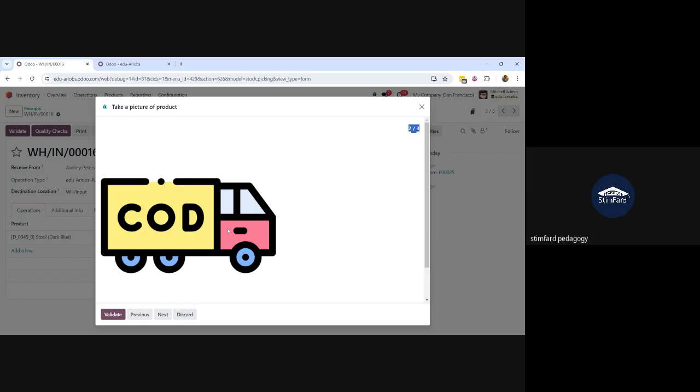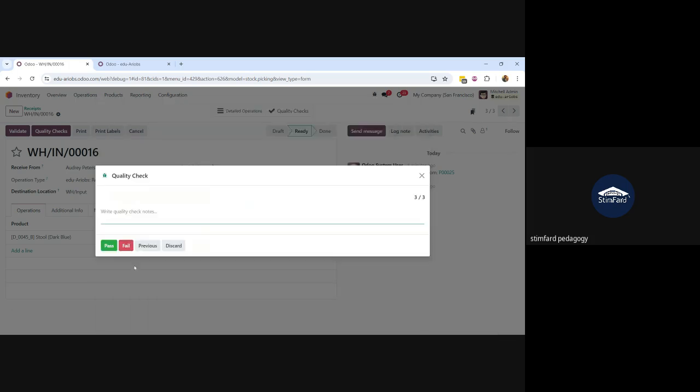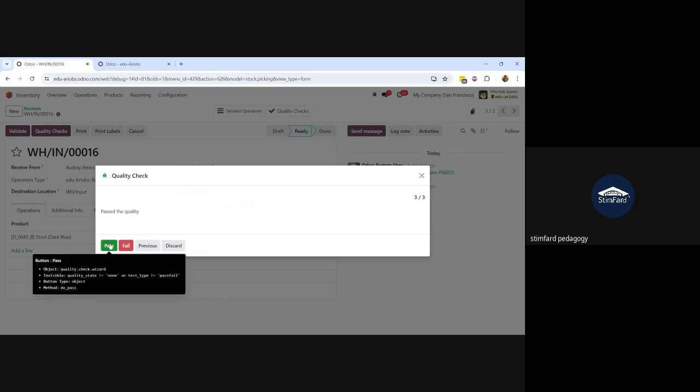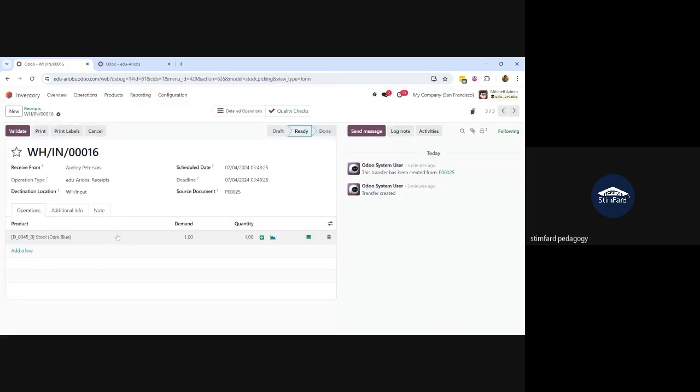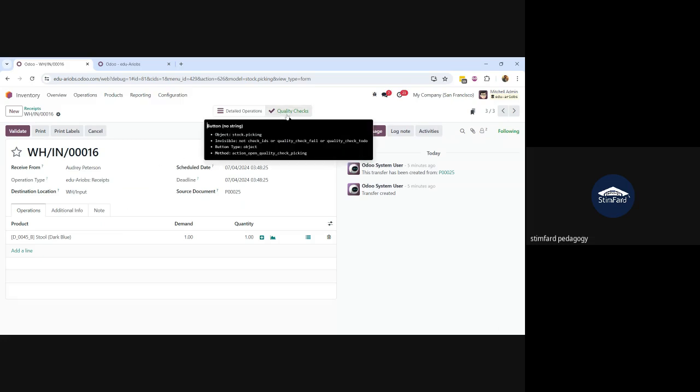Okay, and then I take the picture of the product, let's say, and then I will validate and it will move me to the third quality checkpoint. So let's say the third quality check is just about pass and fail. And if you have to give any notes, you can give them here. Pass the quality and just hit the pass. Okay, and the quality controls have been passed, and you can see here on the receipt transfer above a quality checks